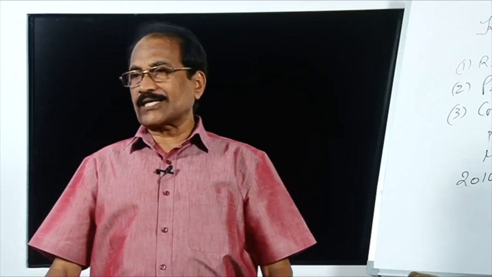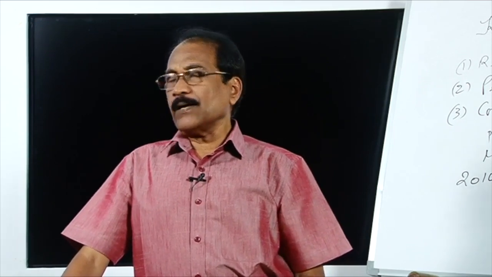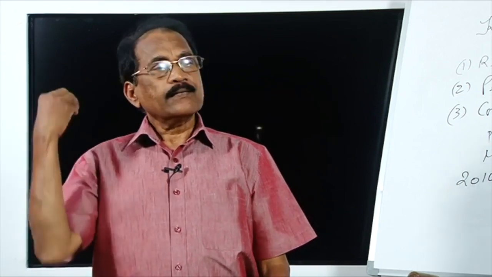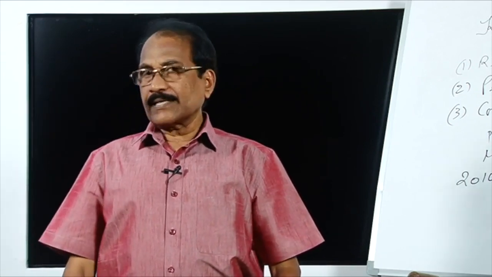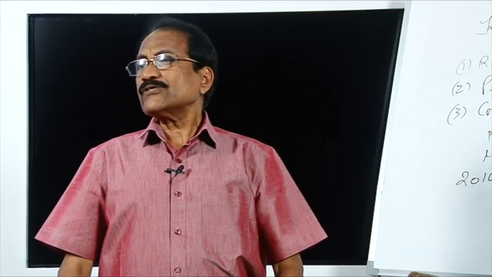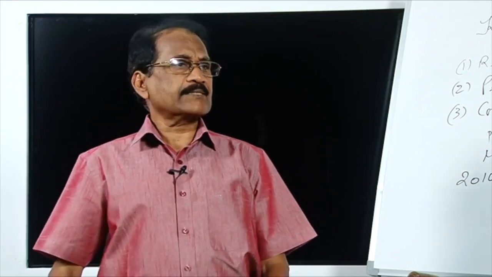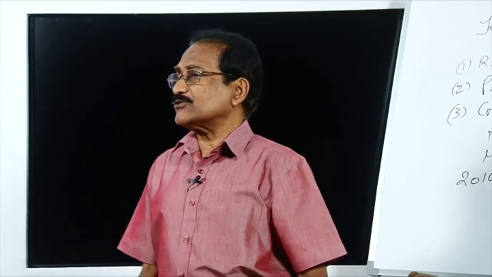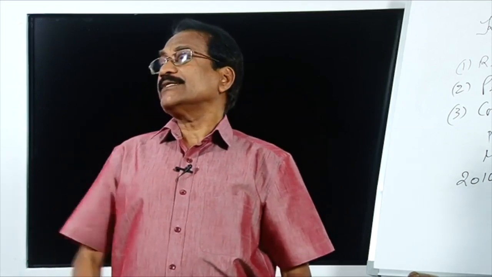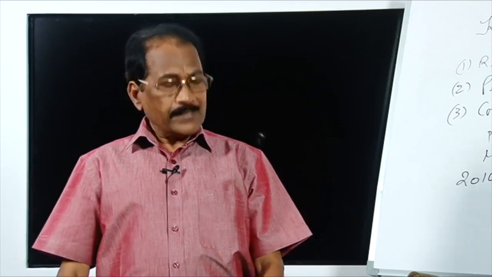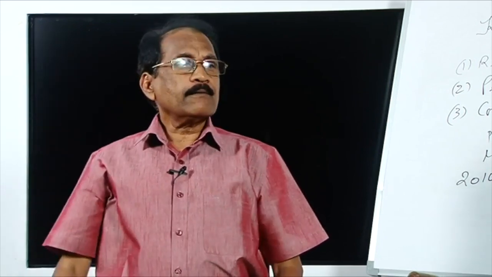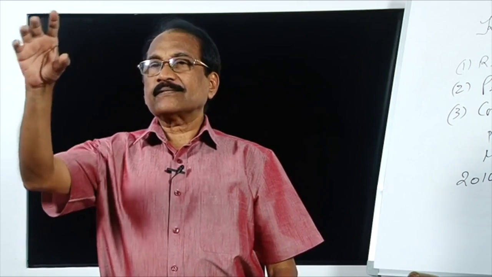Nava Kerala Karma Paddhati is consisting of, first of all, a startup program. For that startup, there are many different ways by which the government is giving support: technical support, organizational support, management support, financial support, and complete technical and financial information, whatever is necessary: where to start, what type of enterprise to start, at what price they can sell, where they can sell. Arrangement for all this is also done by the government through the startup mission. So, startup is one of the components of the most important Karma Paddhati programs.